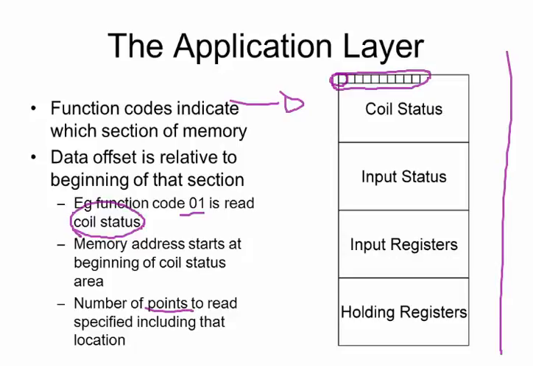The maximum read in Modbus, off the top of my head, is 120 of anything, unless somebody's specifically allowed you to read more. But by default, 120 is the maximum number of things you can read across the network. So 120 coils, 120 input registers, 120 outputs. So this is the coil status. The input status is a separate chunk of memory and is numbered separately, as is the input, as is the